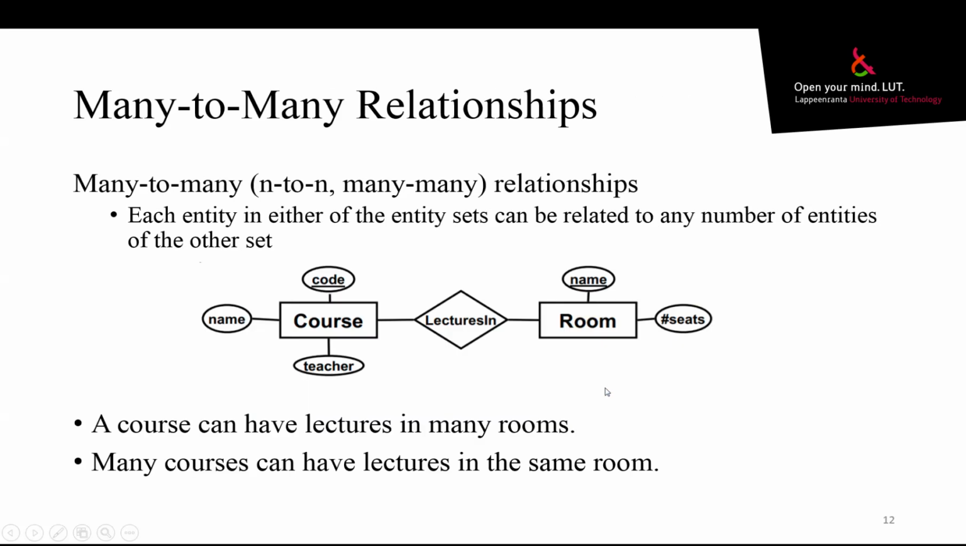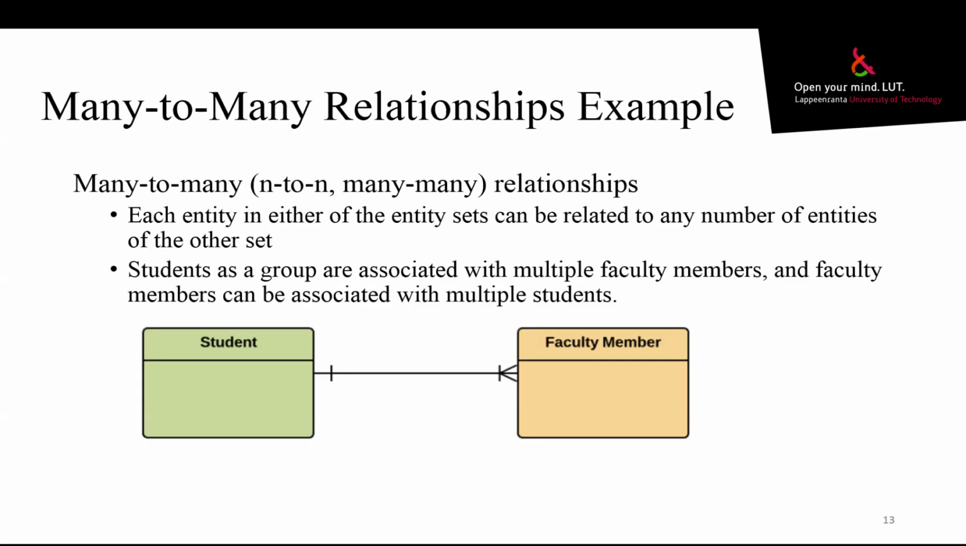And many to many relationship is a relationship where an entity can be related to a number of other entities. For example, a course can have lectures in many rooms, and many courses can have lectures in the same room. So, for another example, we have students who are associated with multiple faculty members, and faculty members can be associated